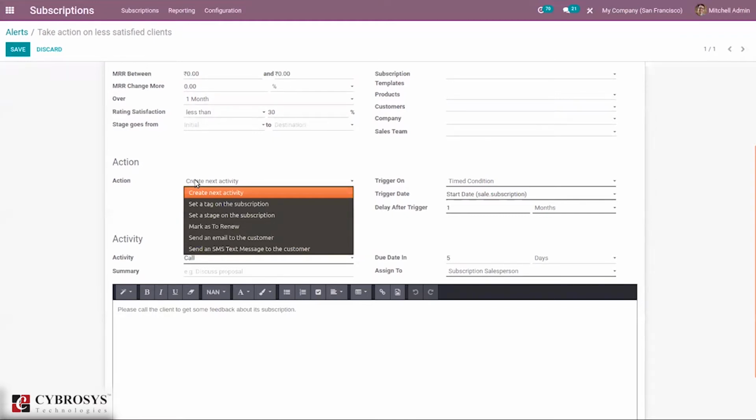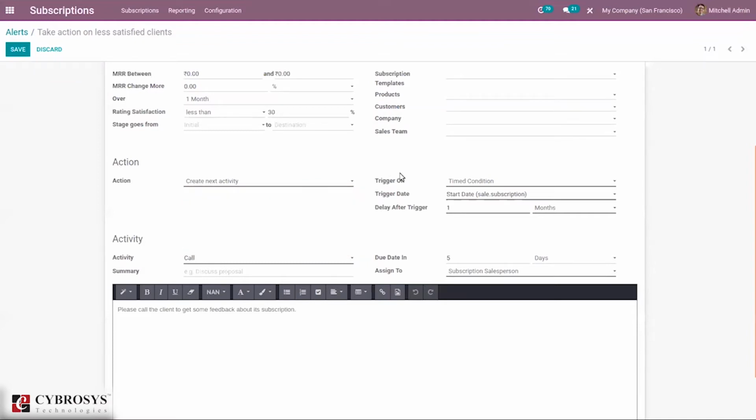We can set a stage on the subscription or a tag on the subscription. Then here we can trigger that action on a time condition or modification. So we can set a trigger date, then a delay after trigger of 1 month. Like this way we can set.